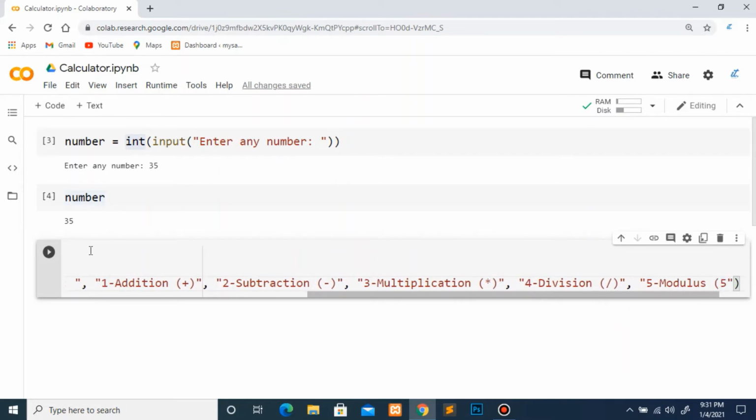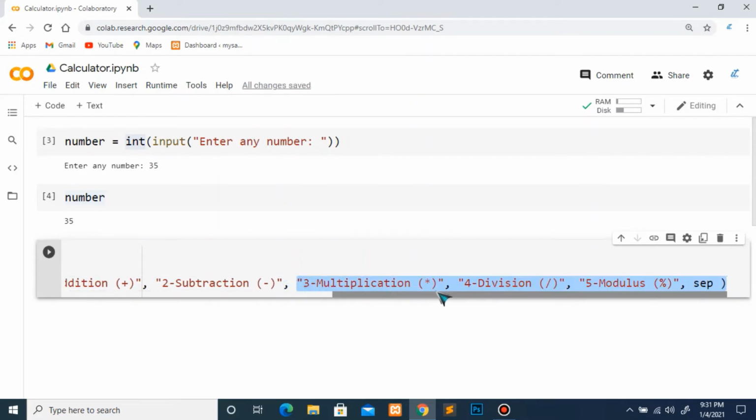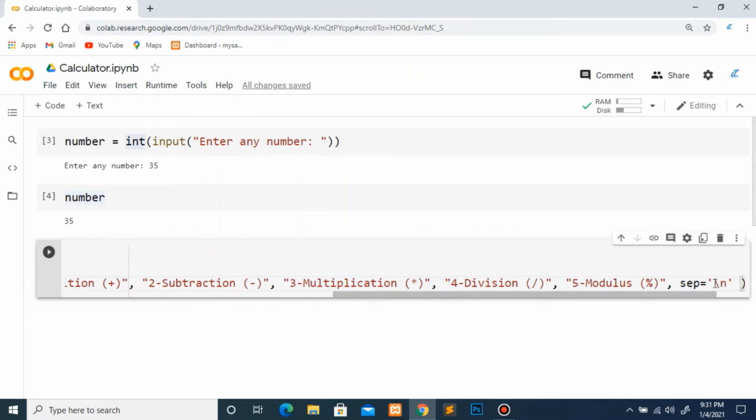For modulus we use this percentage symbol. And after this I will use this separator because I want to print all these things on the next line, like addition on one line, then subtraction on the second line, then multiplication on the third line. So I will say separator is equal to backslash n, which means next line.